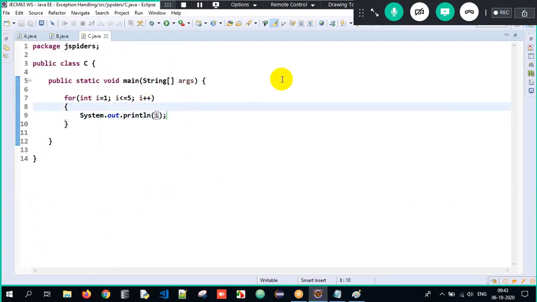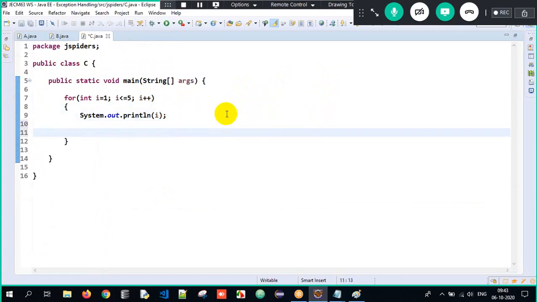But now my program's requirement is that it has to print 1, give a 1 second pause, print 2, 1 second pause, 3, 4, 1 by 1. Therefore, we have a predefined class called Thread that is present in the java.lang package.